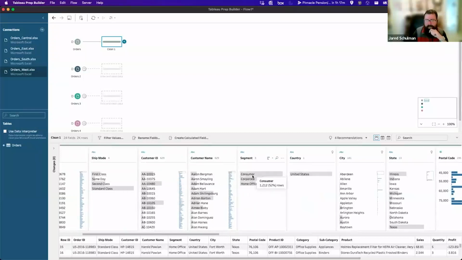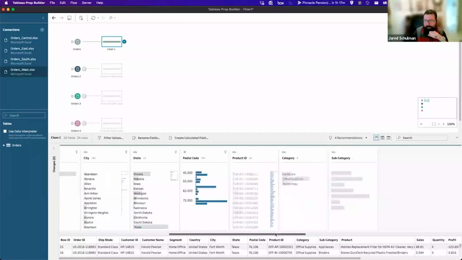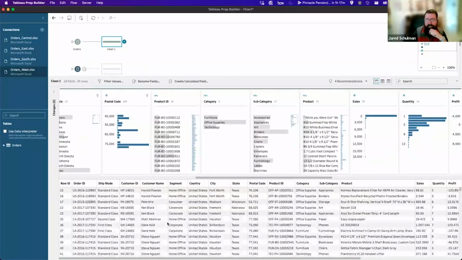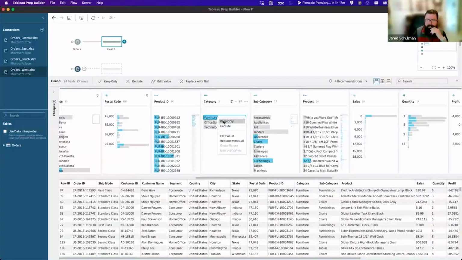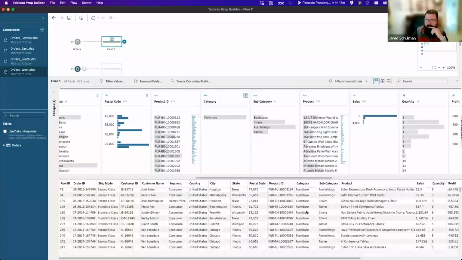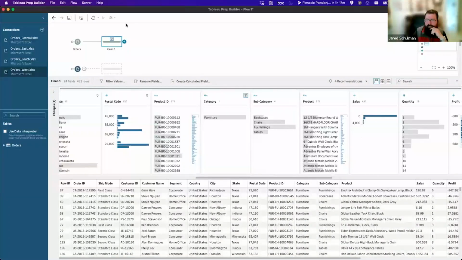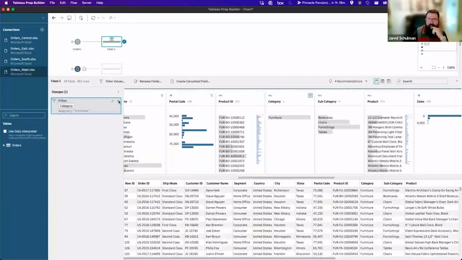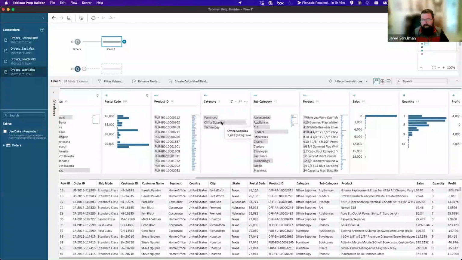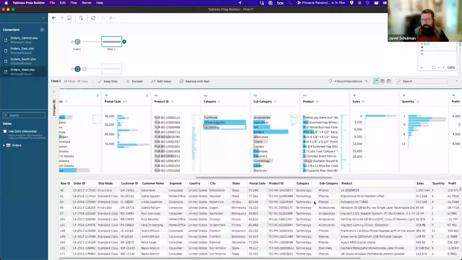And you can do a little bit of data exploration just by scrolling and clicking around through here. So you have kind of this, here's our flow canvas, here's our preview of our data, and this will even get down into the individual rows of data to where we can start clicking around and see, like, if we want to just look at furniture for a second, we can do that and start to see, okay, here's all of our furniture. I'm going to take that filter off. We'll get to that later. But this is a really nice way to just preview the data, see what's around. You can just click through and get an idea of what's out there.